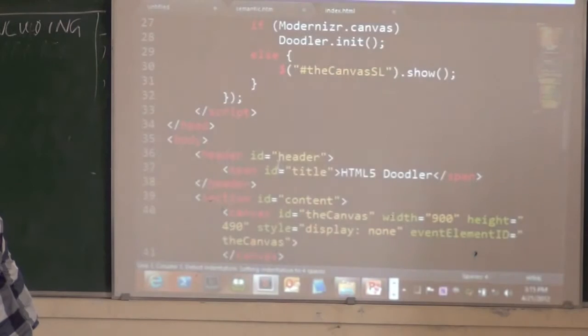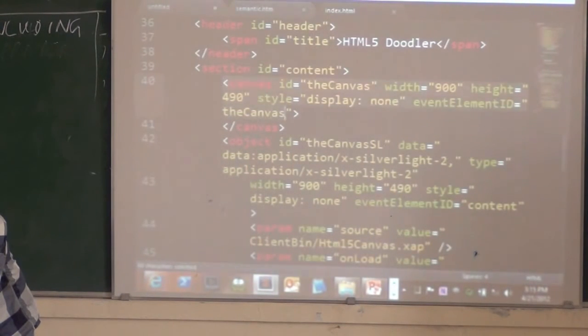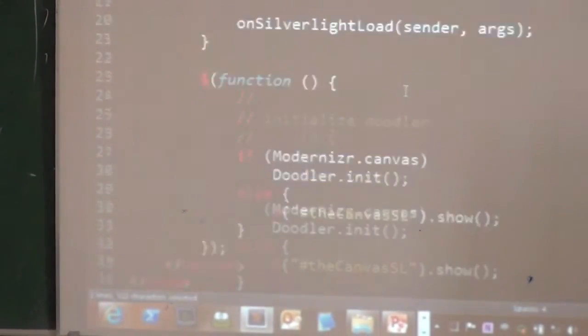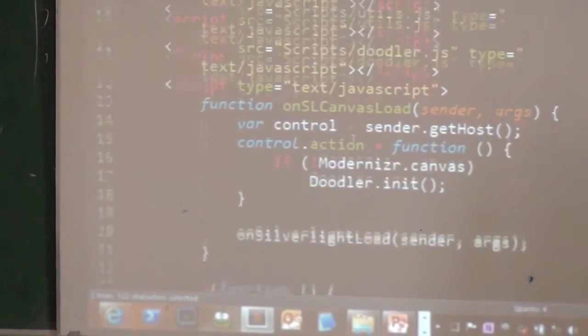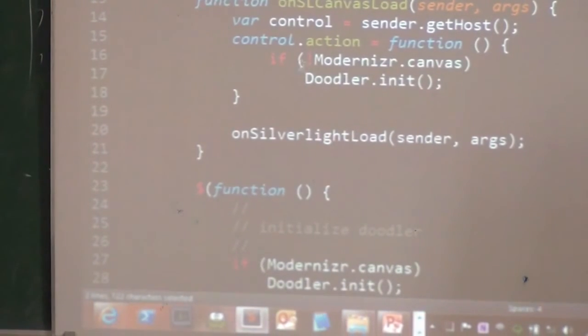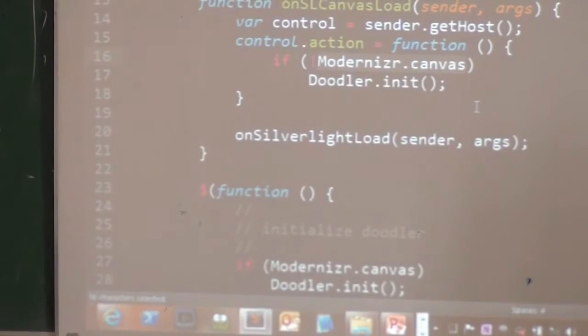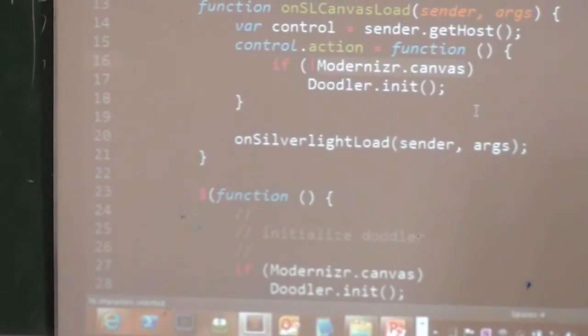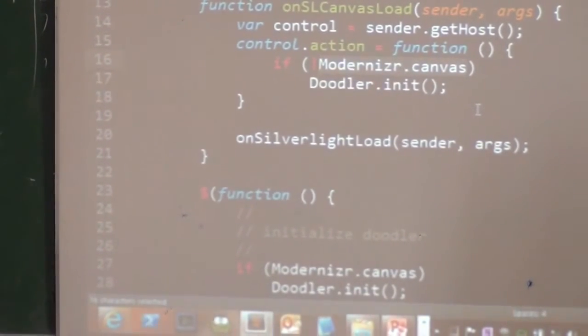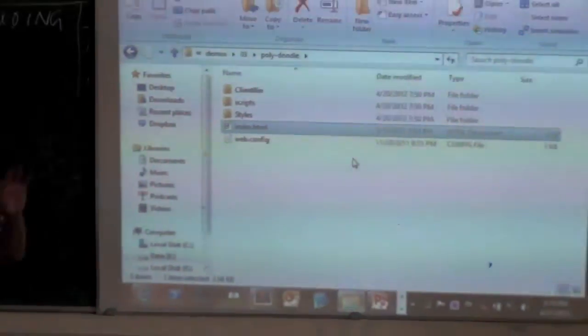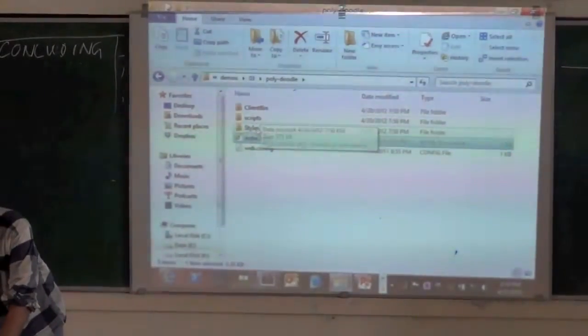If you look at the markup here, I have a canvas tag and I have the Silverlight object tag here for instantiating the Silverlight plugin. And then I use a little bit of script at the top to figure out which implementation to use. In fact, I've used Modernizr here to detect whether the browser supports Canvas, and if it does support Canvas, then I use the canvas tag. Otherwise, I use the Silverlight version. And this plugin I got from that location, bit.ly/polyfills.